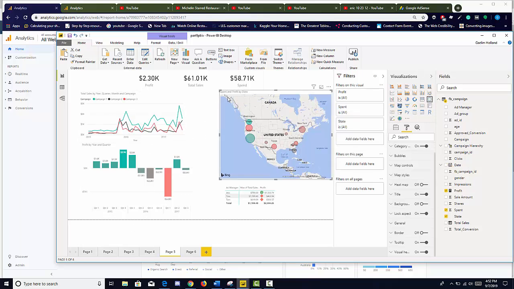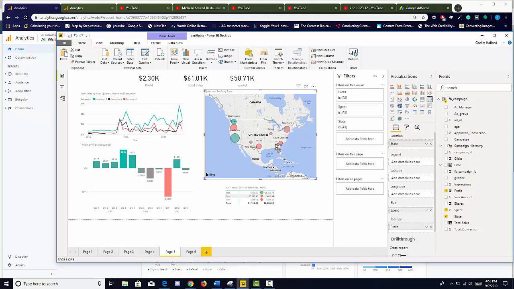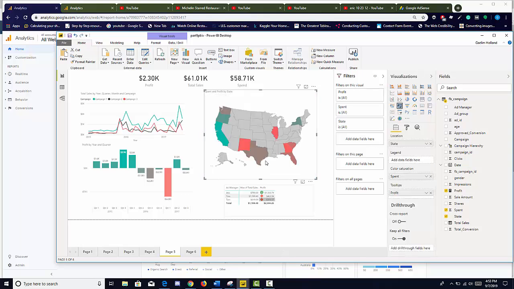Let's go over to our map. Although this is a great map, and looking at the size of the circles is great, it doesn't give us a full picture, and it's probably not going to look very good in our dashboard. Our manager is probably only concerned with spend and profit, and he can highlight these just by looking at the color. So let's click that map and change it to a shape map, and boom, now we have